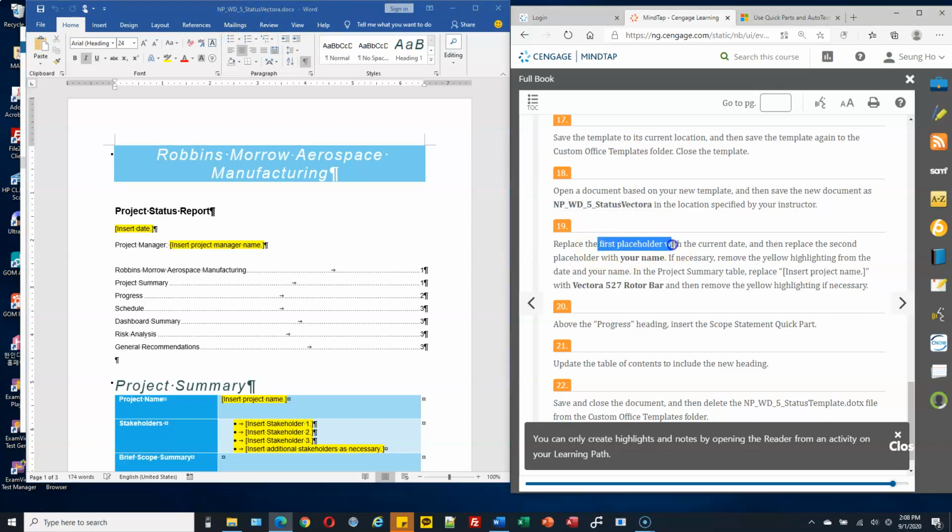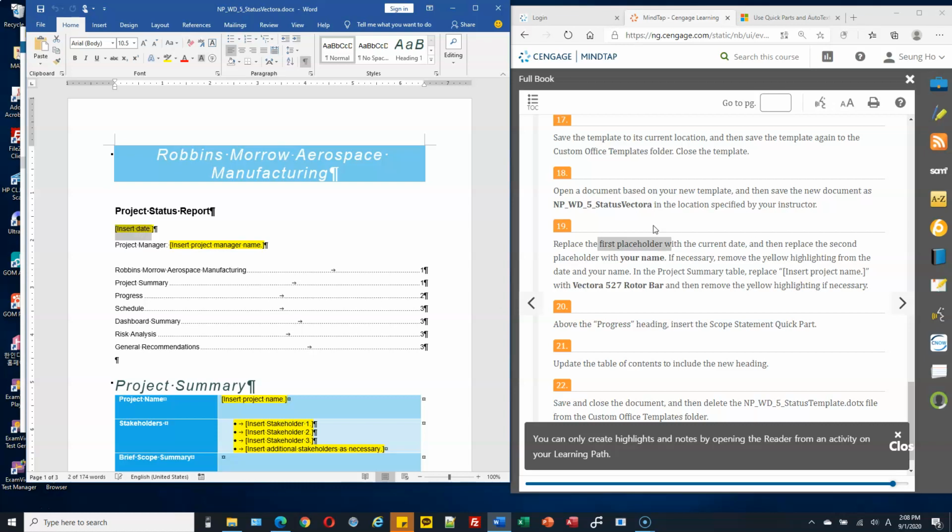Okay, replace the first placeholder with the current date. So select this yellow part. Don't include the paragraph symbol. Once you use your mouse, this will automatically select it, so once it is selected, hold down the Shift key and then hit the left arrow, then the selection will change.